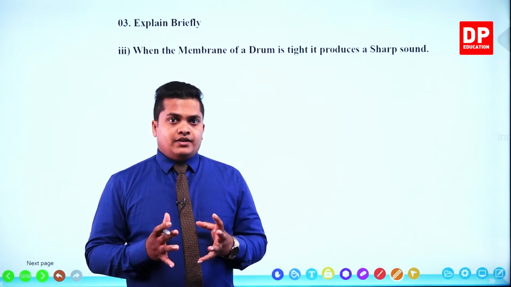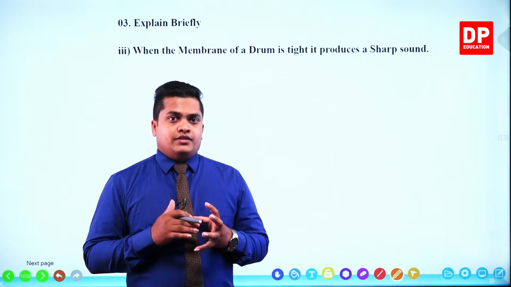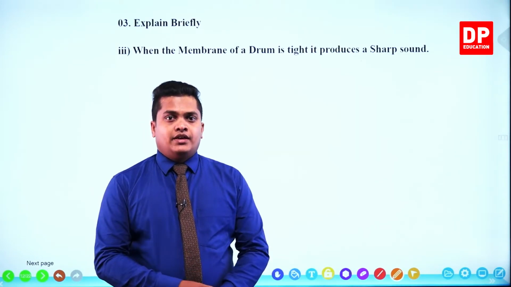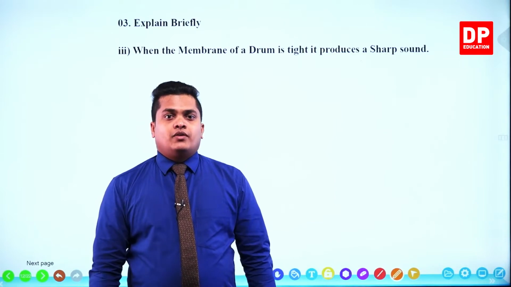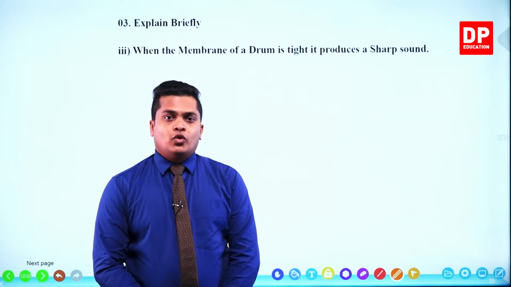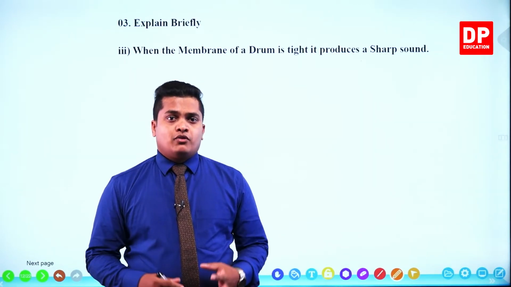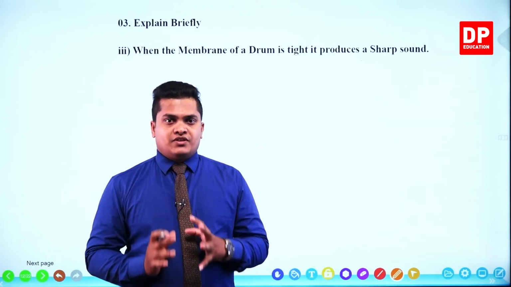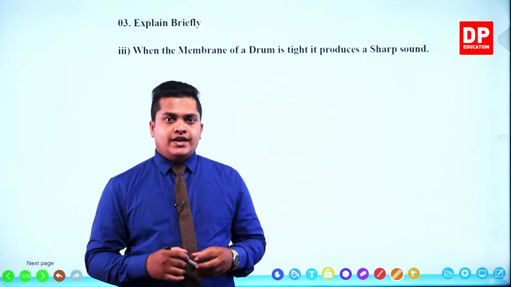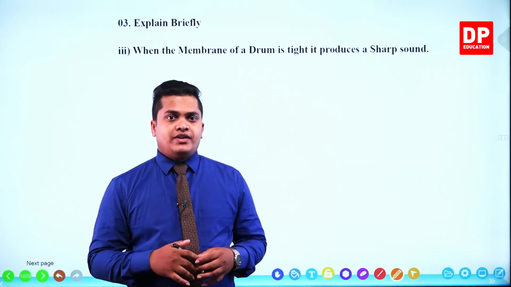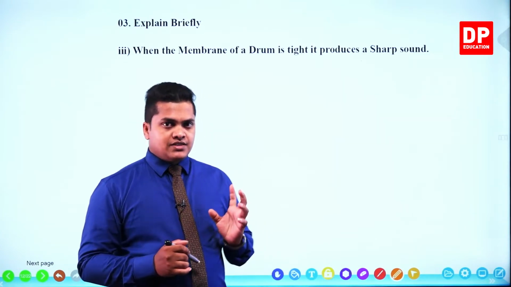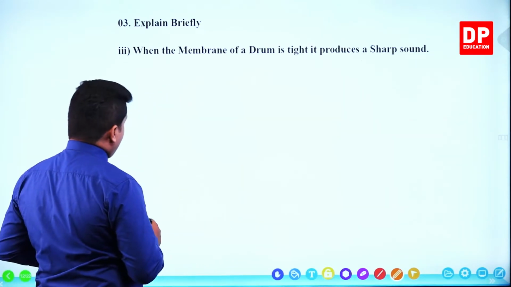We know that when the membrane is tight, it's going to produce a good sharp sound because the frequency of the vibration is high. Because the frequency of the vibration is high, it's going to emit a sharp sound. Right? So the answer for this question is, we can write,